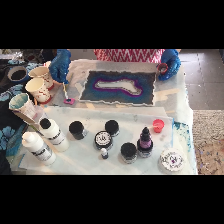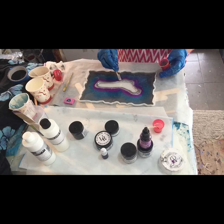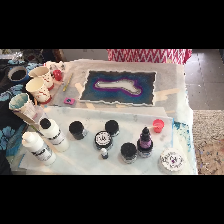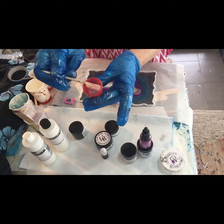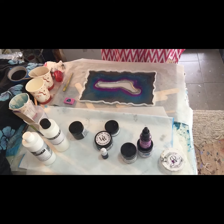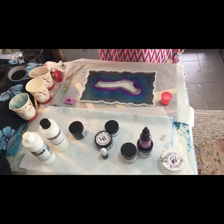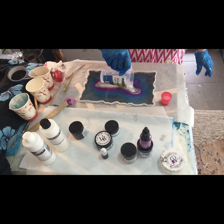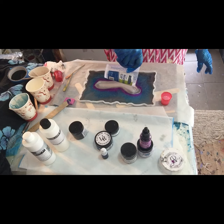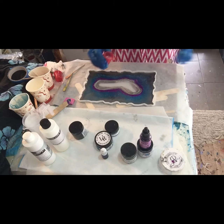Put just a tiny dot of the aluminium on top of that little heart here. There. That's those ones. And the last but not least is my crystals. Look at those, they're just so sparkly. Actually, before I put that in, I'm just going to put in a little bit of clear. You can see how gorgeous. There's only a couple of little bubbles in there, but they just disperse. I'm going to pour that in here. And then I'm going to add